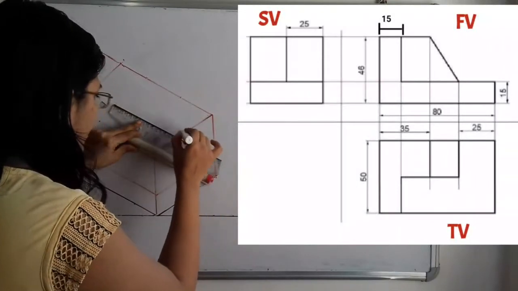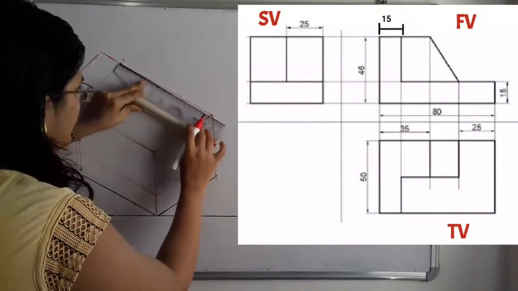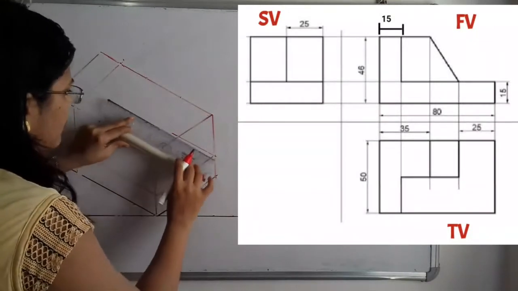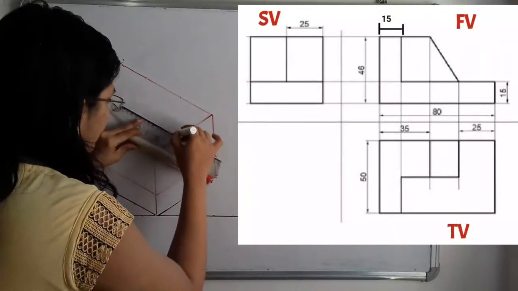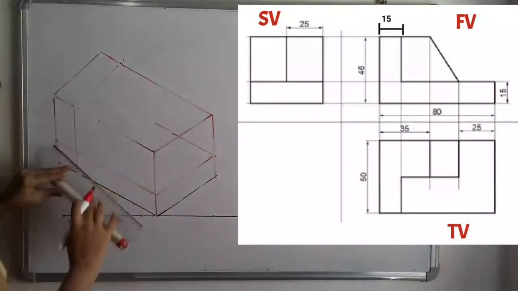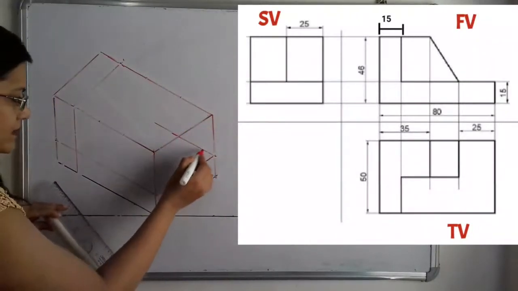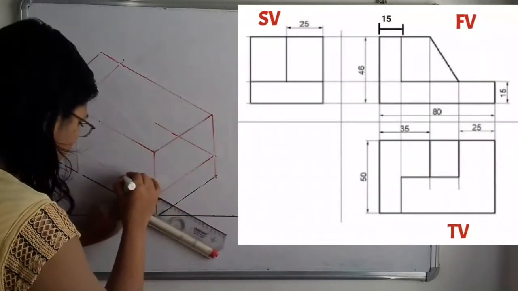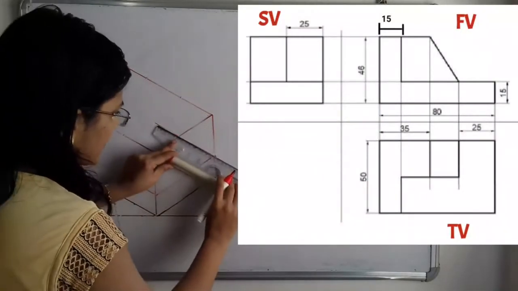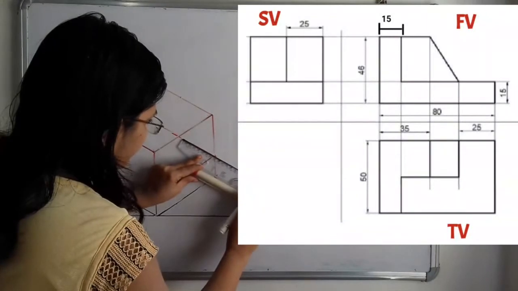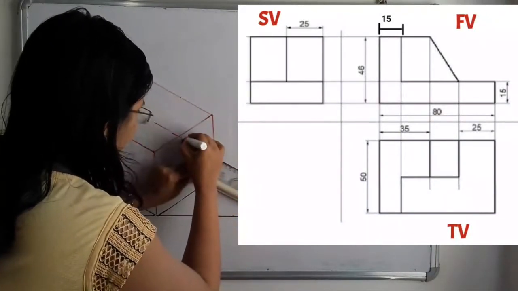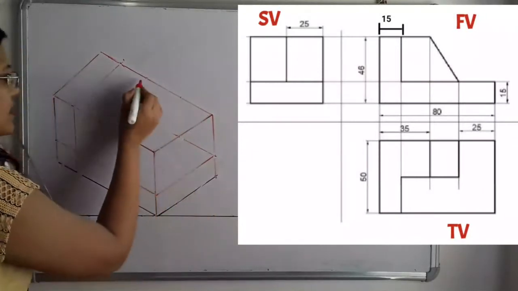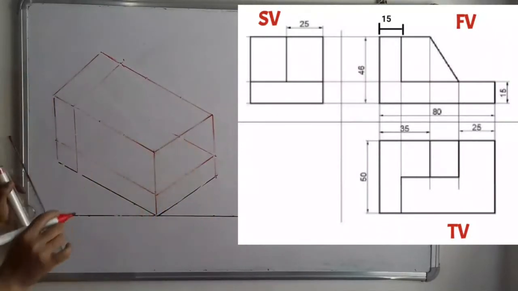So we have to take here the line that should be parallel to this line also. So now we have to select here the distance equal to 75 millimeter on these two lines. So 75, I will mark here the point on both sides. So these are the selected points. Now this is the start point and this is the end point of this slope.